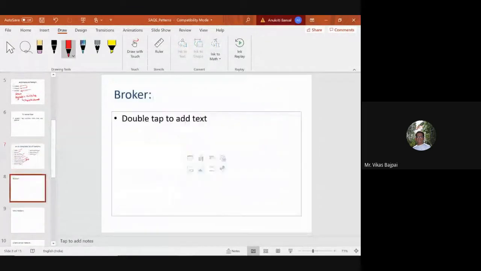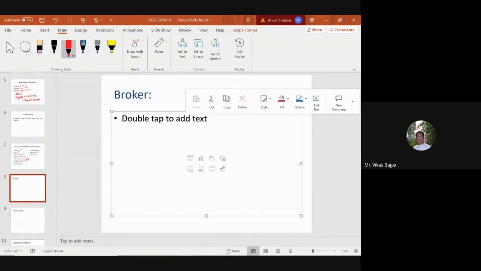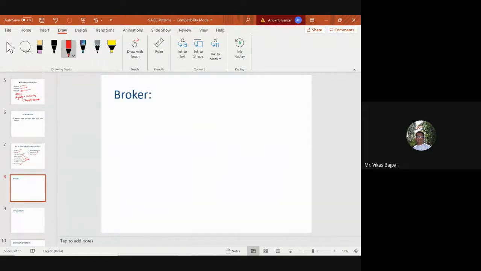Now, to start with, we have the broker pattern. My question to you all is, when we say broker, what picture do you draw in your mind?